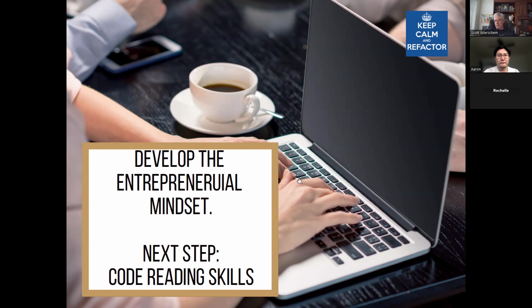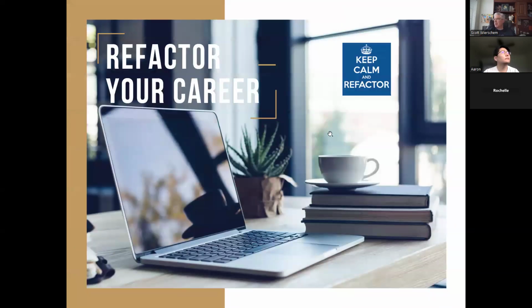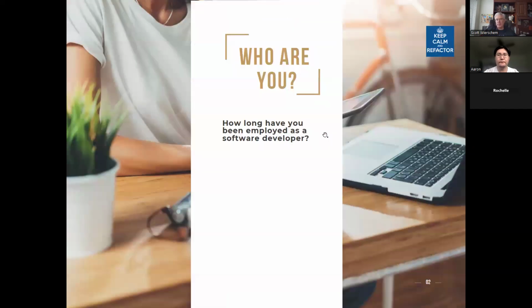Let's go to the beginning here. We're starting with the first idea of what we need to do to really take a different perspective on our career and set the groundwork for why we want to do all this.